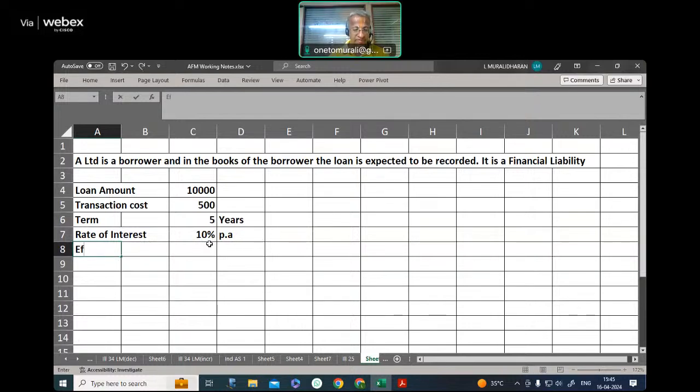So, the effective rate of interest is a matter of question. Transaction cost is adjusted against the loan taken. So, therefore, for such cases, we are expected to use